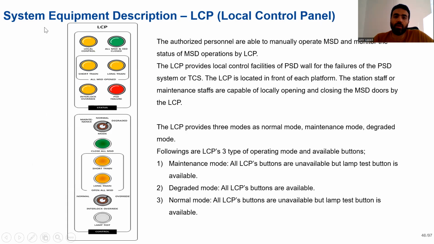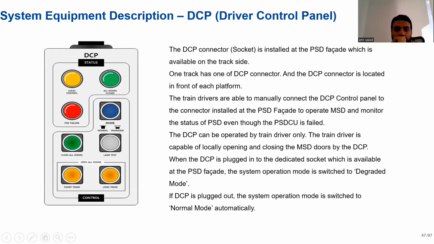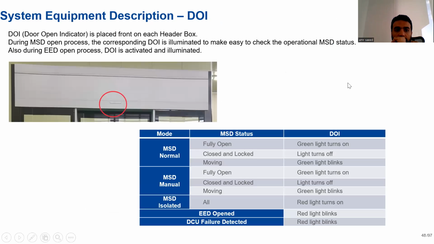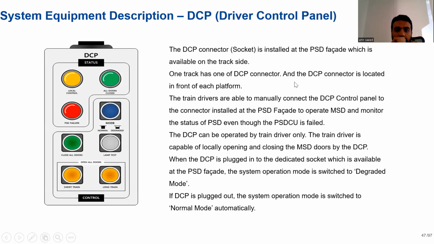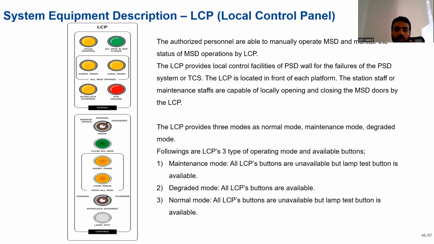Here we have local control panel system. One of the most important components of our system, local control panel, is located on the platform. Local control panel, it's located on the platform, and it has three modes. One of them, this is the normal, which is normal operation. But when you control LCB,